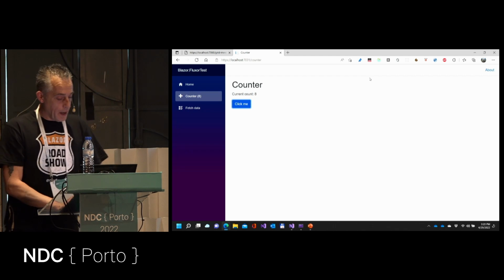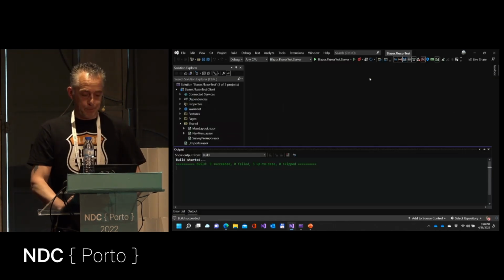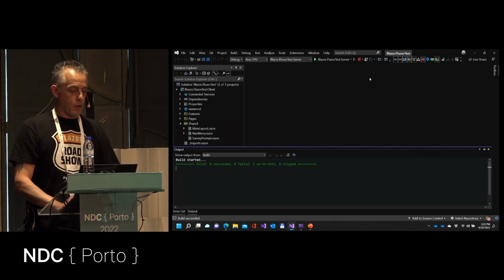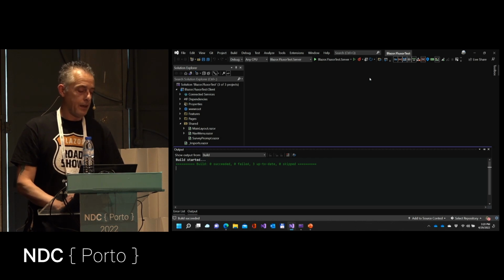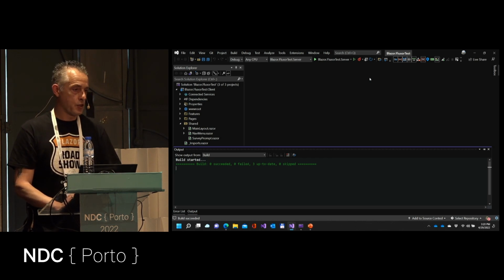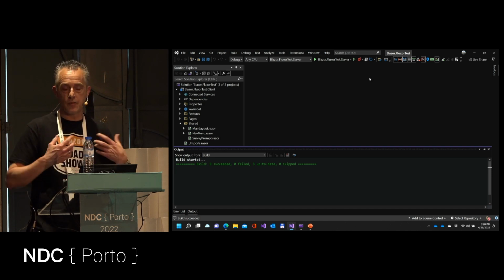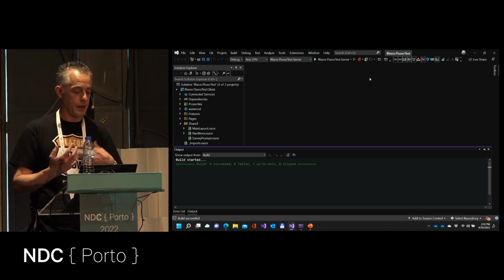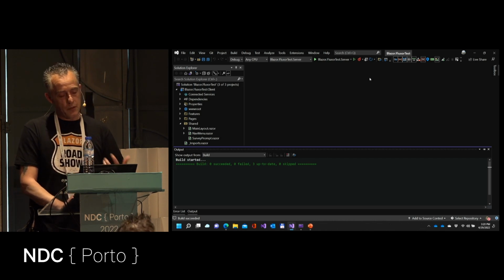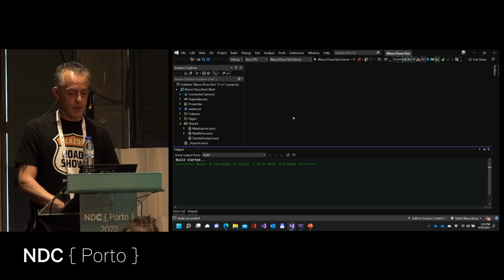So how do we approach this? Well, if we take a look, what I first did was add the Fluxor packages to my application, which are available on NuGet. It's free and you can just use it, and there is some good documentation with it as well. But to give you an idea of the concept of Flux,